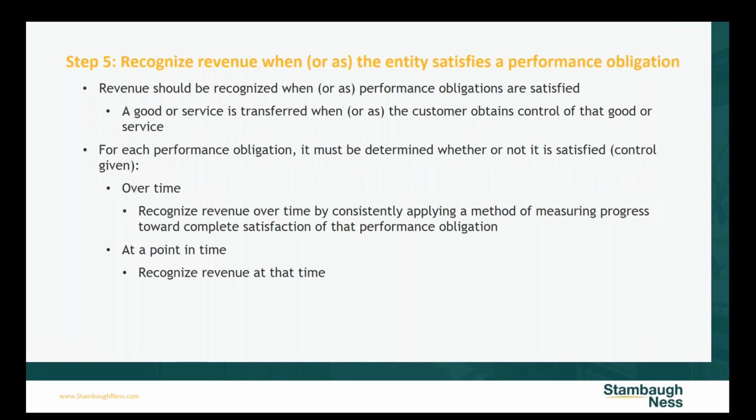The revenue should be recognized when the performance obligations are satisfied, so when those exchanges in the contract take place. So maybe it's when the customer obtains control of a good or service. And really this can take place over time or at a point in time. The easiest one is going to be a point in time. So if we think about our example, when I mail out the quarter 1 journal to my member, essentially when I put it in the mail, that revenue can be recognized because now that journal is on the way to that member and it's theirs.